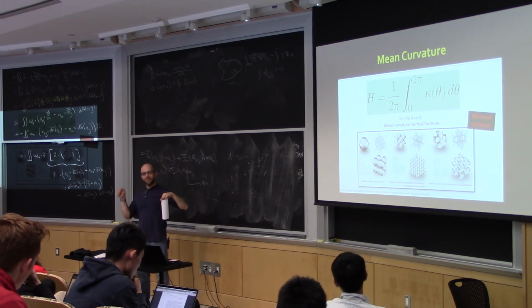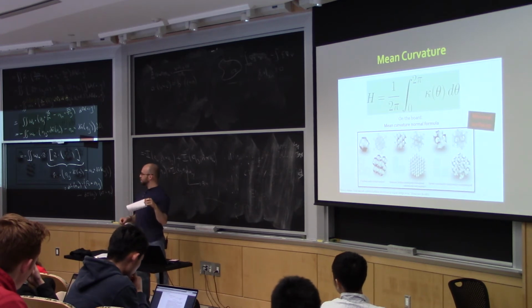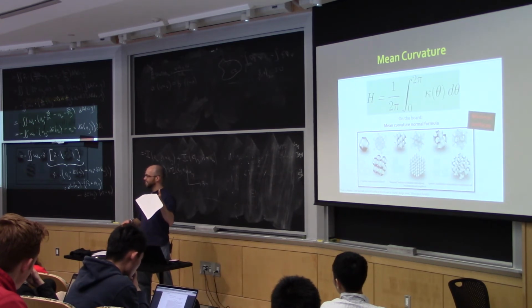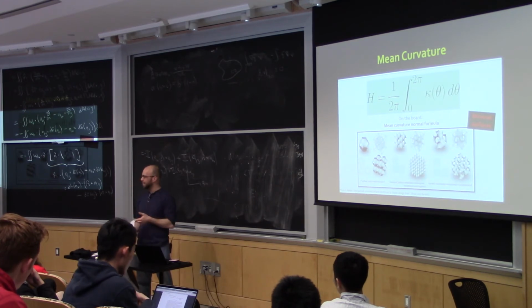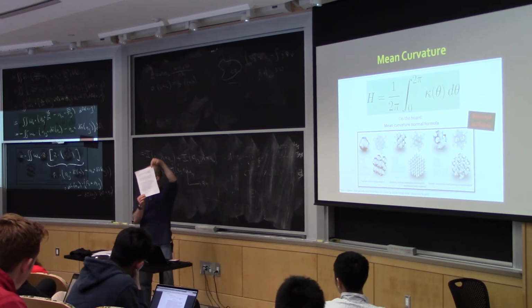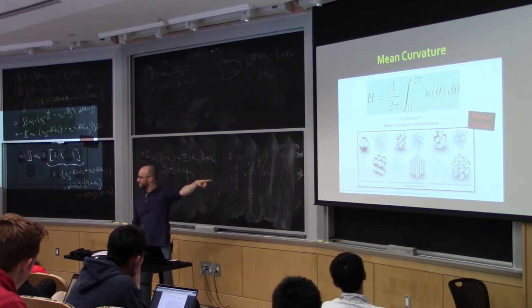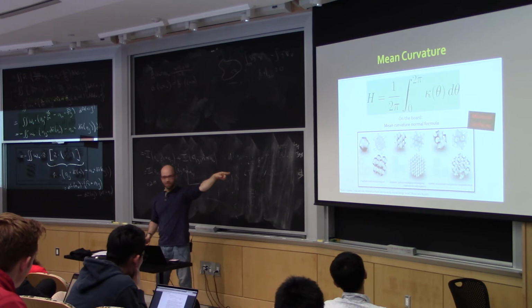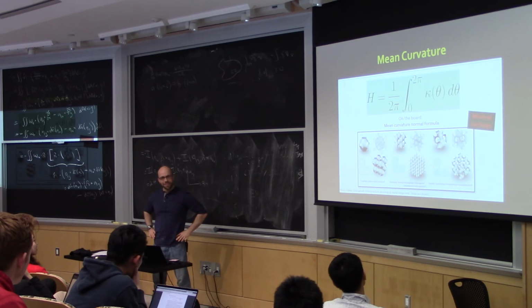By the way, I got a question at the end of the class, which is great because it demonstrated a lack of understanding that I wanted you to have. If I do mean curvature flow on this sheet of paper, what does it not do? It doesn't unfold, which is somehow people's intuition. Instead, it shrinks in on itself. It wants to decrease surface area. Unfolding doesn't change surface area. Unfolding wants mean curvature to be 0, but this wants mean curvature to be as negative as possible. That's why minimal surfaces always have negative curvature, or non-positive at least. So that's the difference.